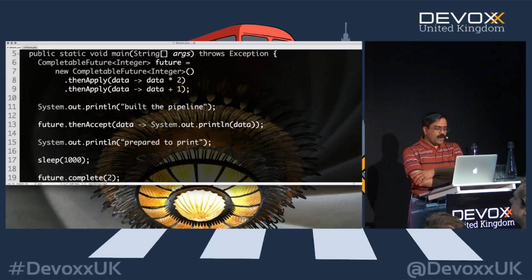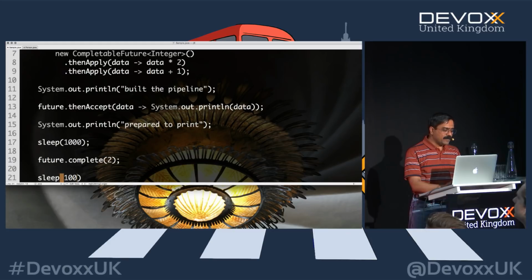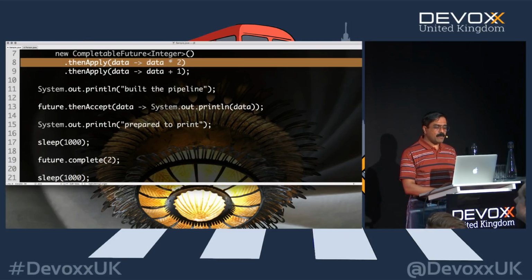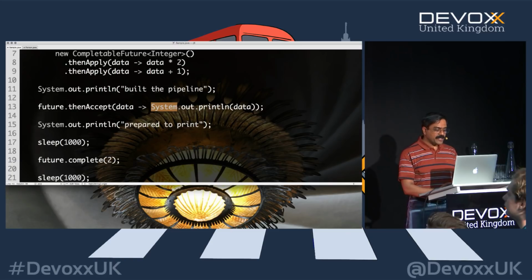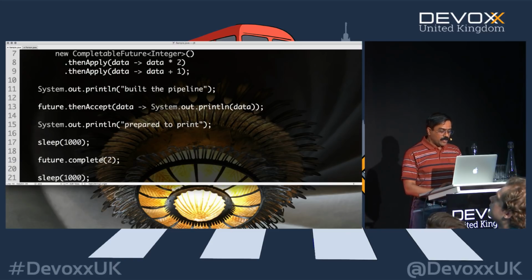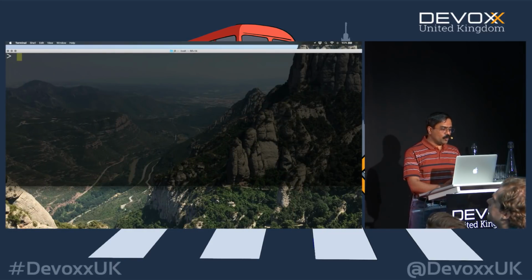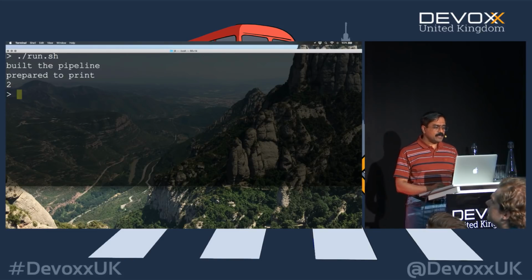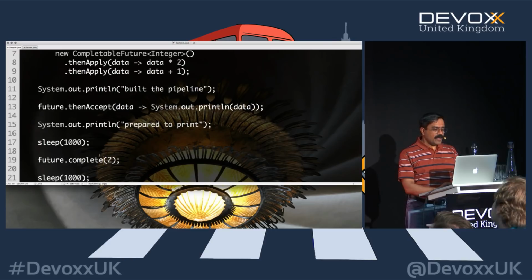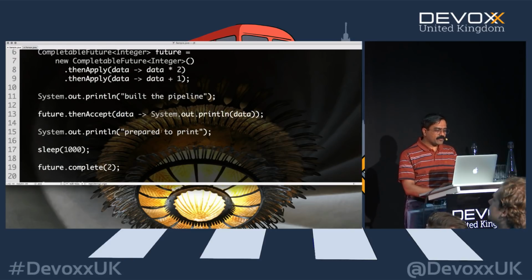Let's send a 2 as a complete right now. So what does that really do when you send a complete 2? Well, let's think about it. I take the value 2, double it. 2 times 2 is 4. I increment it, becomes a 5, and I want to print the value of 5 when everything is said and done on the complete. So let's see if that's actually going to work. So I run this code now. Notice it says build the pipeline. Oh, wait a minute, it said 2.